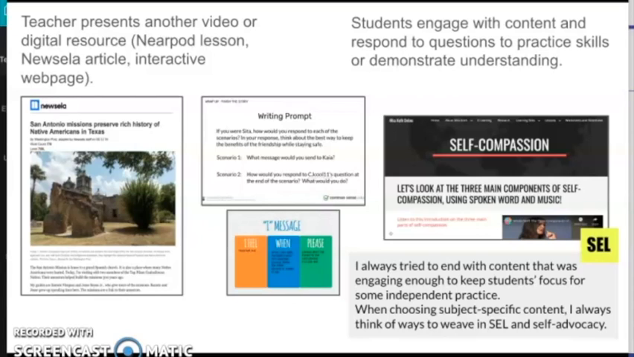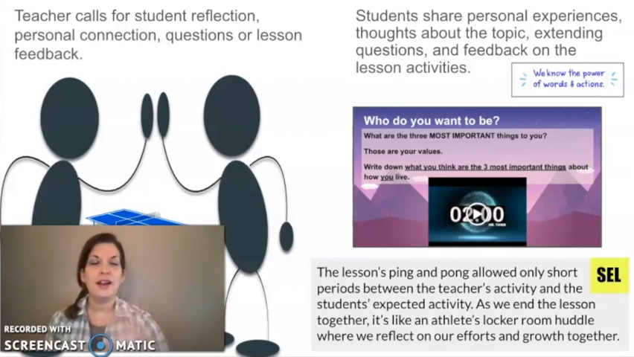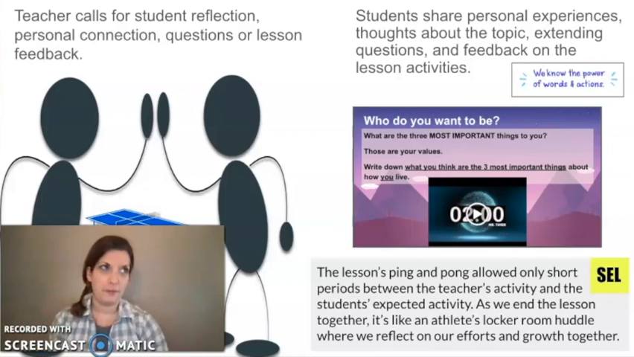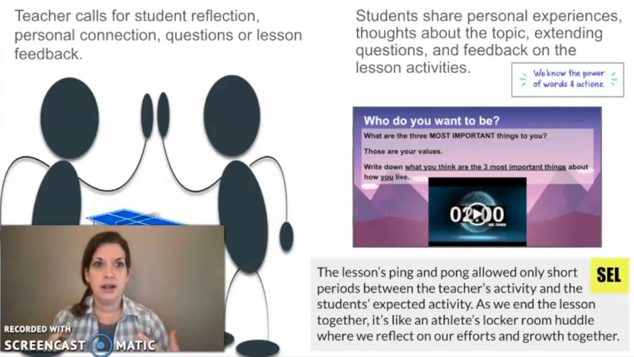So usually towards the end, I would present kind of a final resource or a question or an activity that would allow students to practice the skills and demonstrate their understanding of our big idea or our objective for that day. As we finish the lesson together, because of the way my lessons kind of went back and forth, I found in a lot of cases as I wrapped the lesson up, it was in a lot of ways like I was right there with my students,